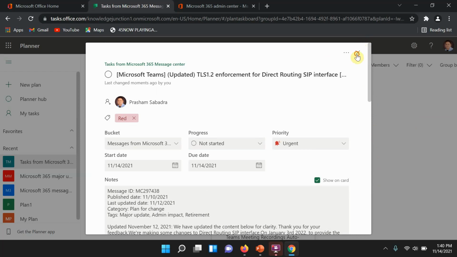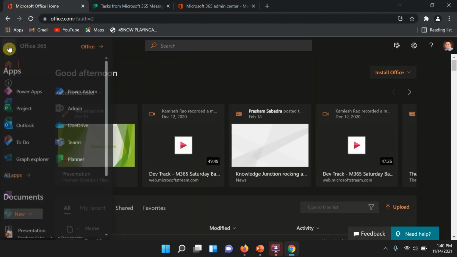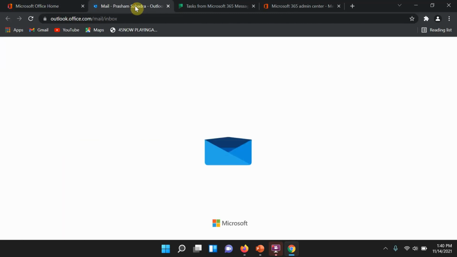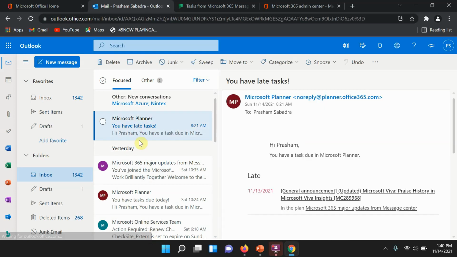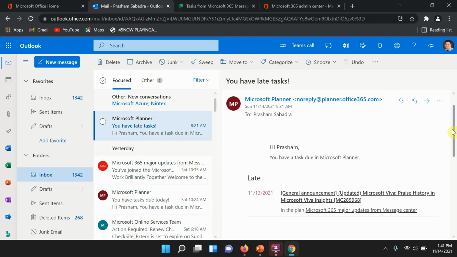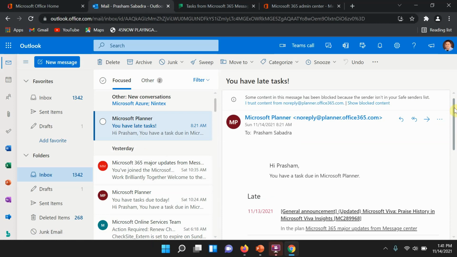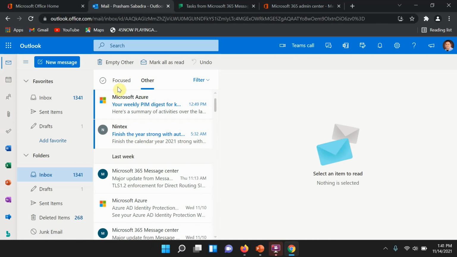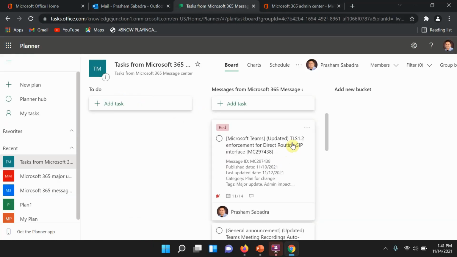Once this task is assigned, I will show you Outlook as well. My user will be receiving an email, you have a late task. Why is this late? Because its deadline is 2 days. Let me check which task this is.